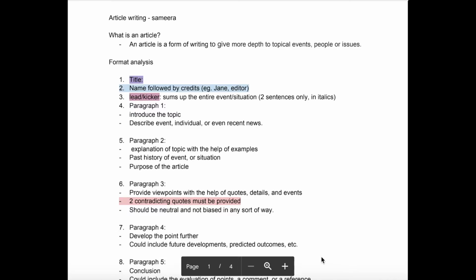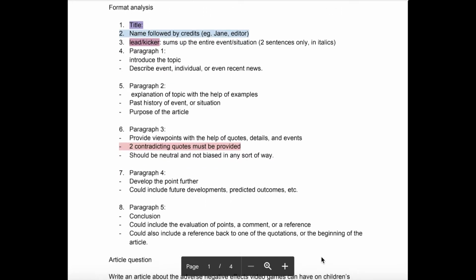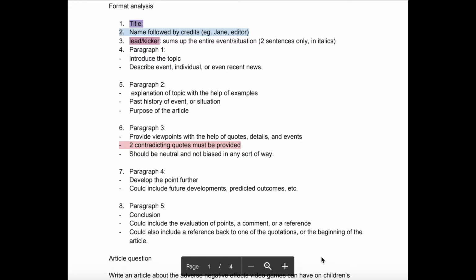For the format of an article, there are a few basic points to keep in mind. We start off with the title of an article, a line or two which gives an insight on what the article is all about. It should grab the audience's attention and should make them curious about what the article is all about. Make sure not to drag the title too long as it might bore the audience.